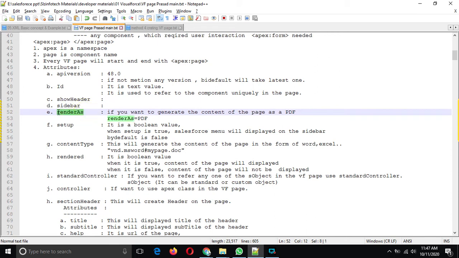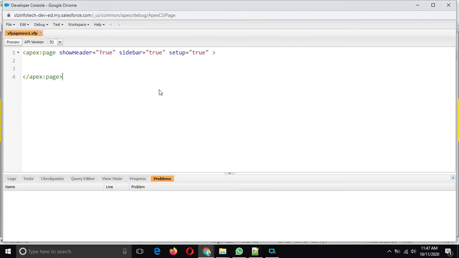Suppose you want to put some content here. This is my second page. This is my line number 1, line number 1.